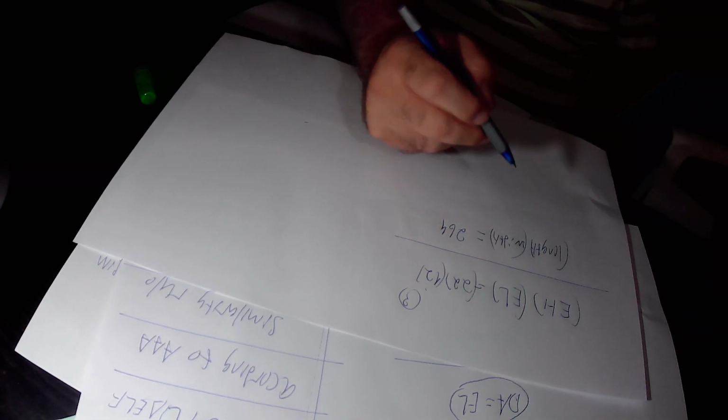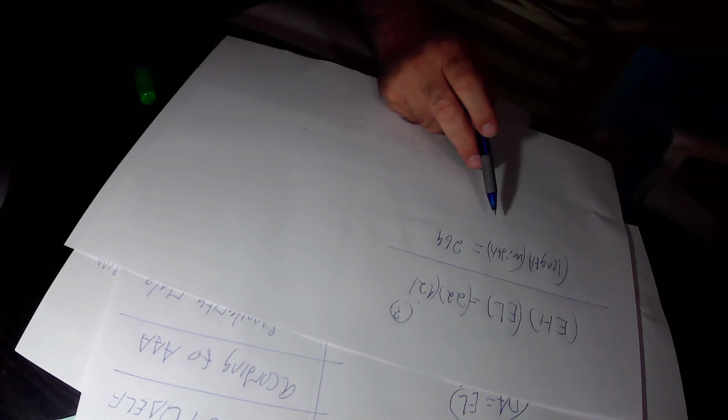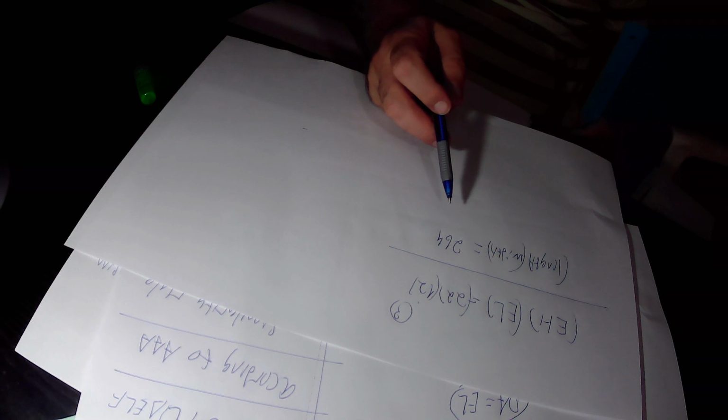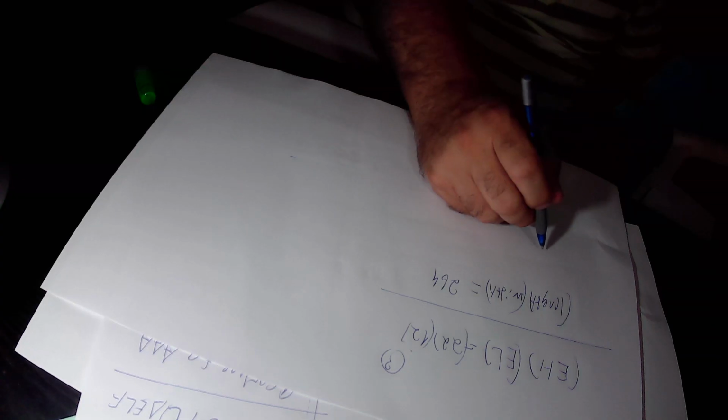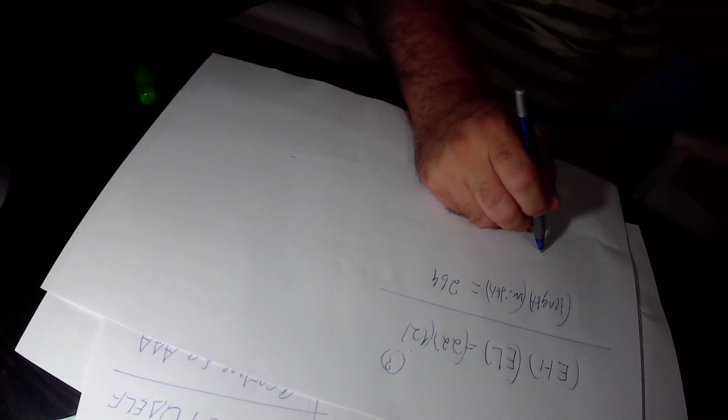So in total we found out that the length times the width of rectangle ABCD is equal to 264. What is the length times the width? It is of course the area of rectangle ABCD. That is the area that we are looking for in this question. So it is the area of rectangle ABCD